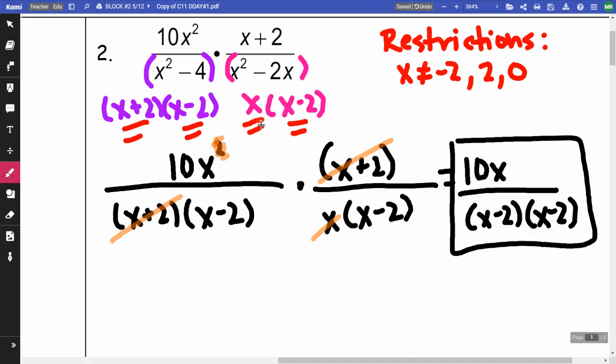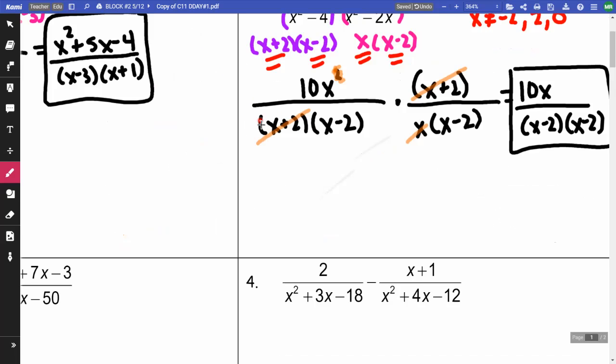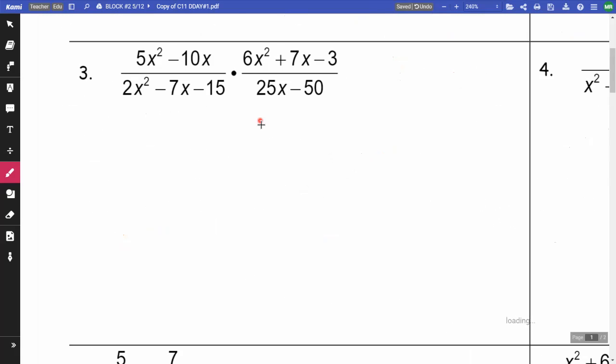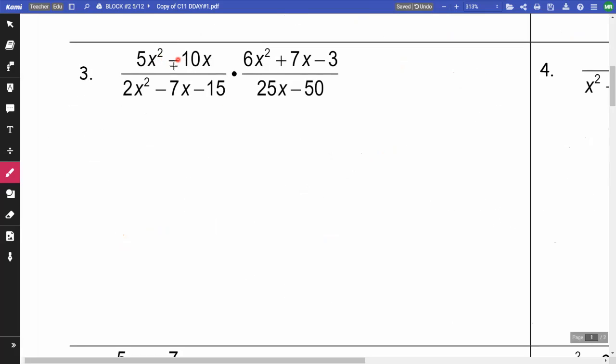Okay, on number 3, we're going to factor all of these. Okay, this one here, if I'm factoring this, so I'm going to do the first fraction in purple, let's say. So I can factor out a 5 and an x from this 5x squared minus 10x. And I'm going to get an x minus 2